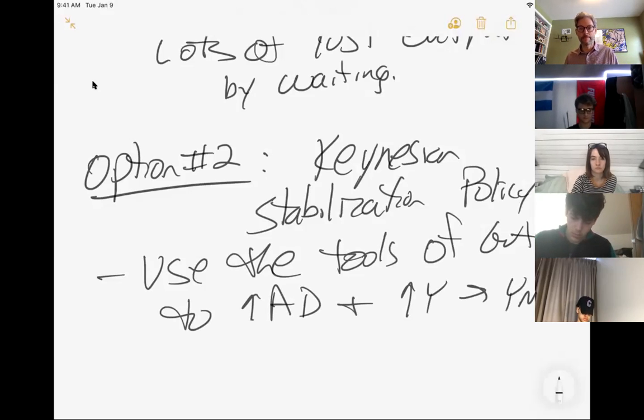And so that's the argument that Keynes made in his book, The General Theory, in which he argued that it's the government's role here not to just wait around,